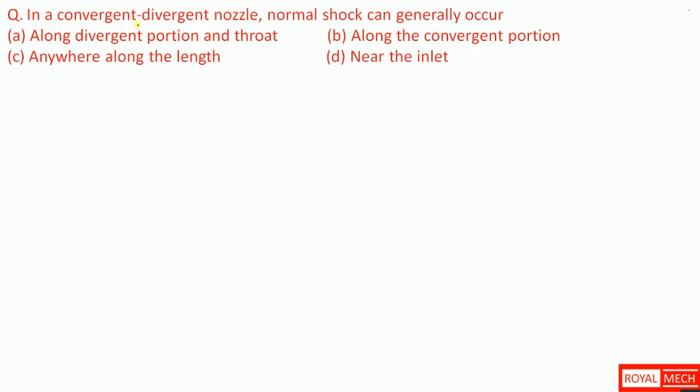In a convergent divergent nozzle, where does a normal shock generally occur? They are asking where the shock occurs in the convergent divergent nozzle. The given options are: along the divergent portion and throat, along the convergent portion, anywhere along the length, near